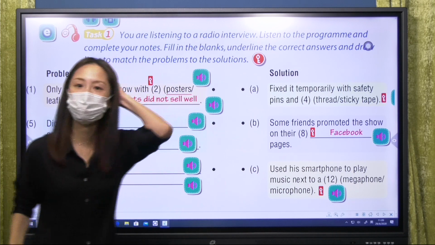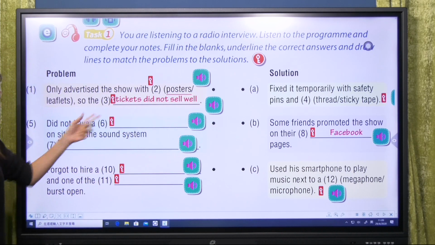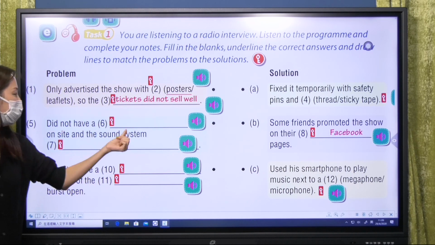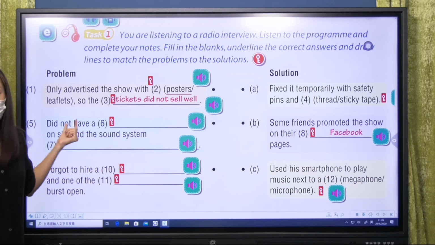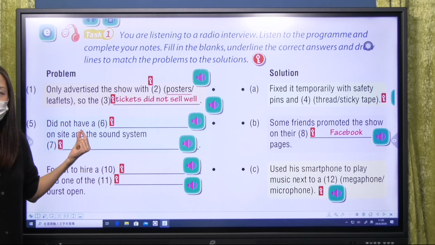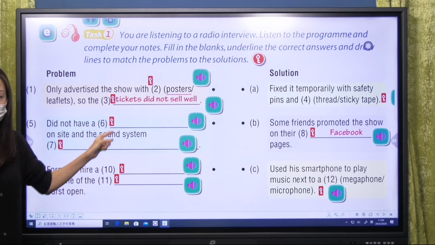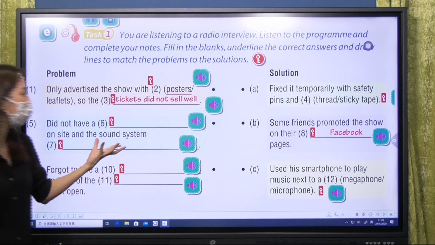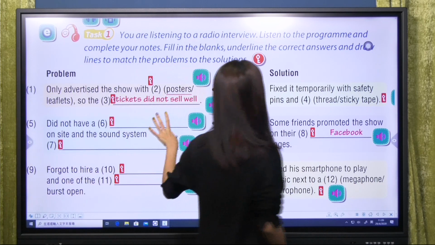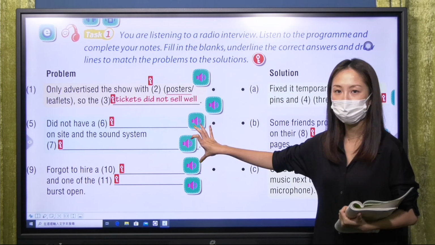Now let's go to number 5. Do not have a what on site in the sound system. What do we not have? And then the sound system. What happened to the sound system? Is this one related to sound systems? We don't know. And then if it is related to the sound system,